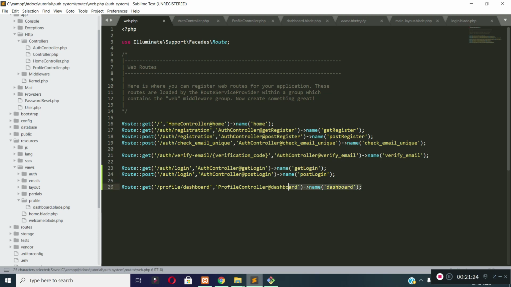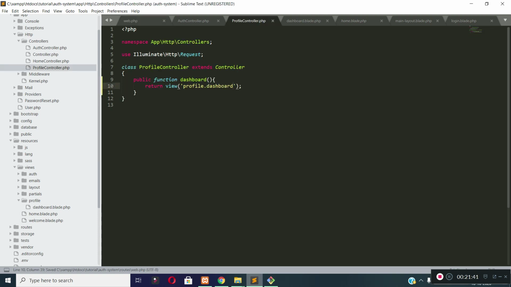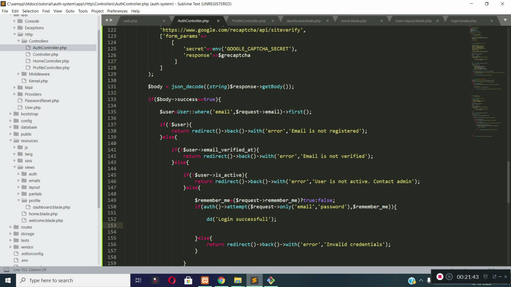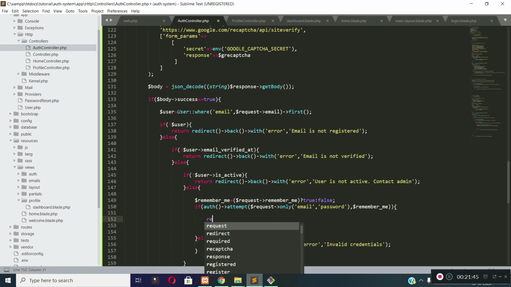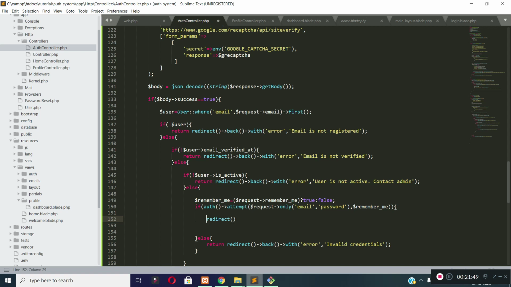This route will not be accessible without login. Okay, I will protect this route by making middleware later. For now, this is like this, and whenever our user has entered his correct credentials, then I will redirect the user back to dashboard page.